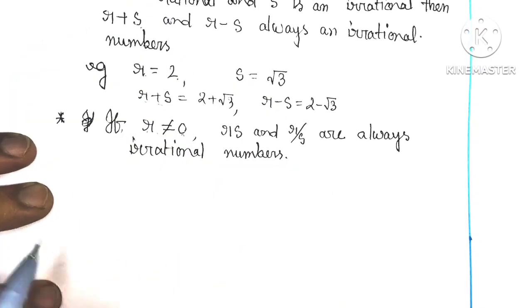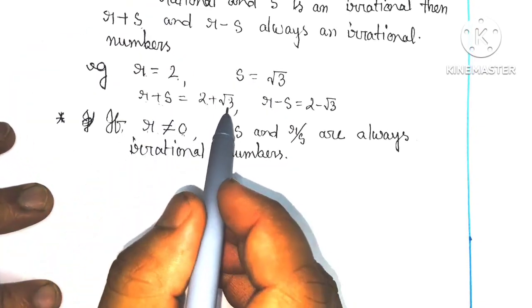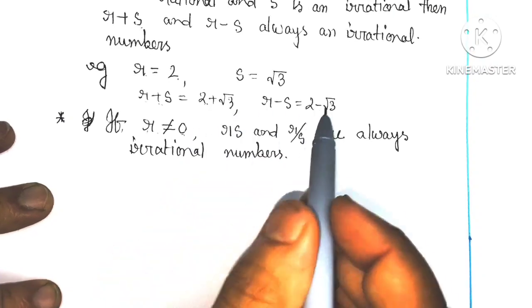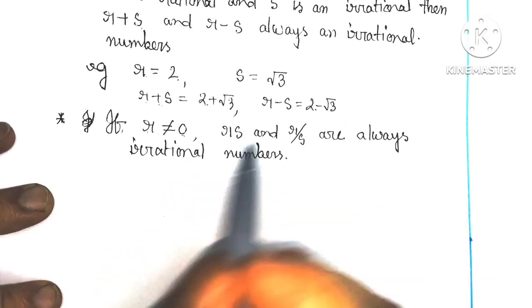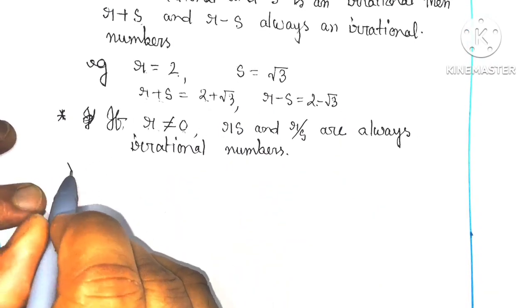Same example: the product 2 root 3 and the quotient 2 by root 3 are always irrational. So again, next,